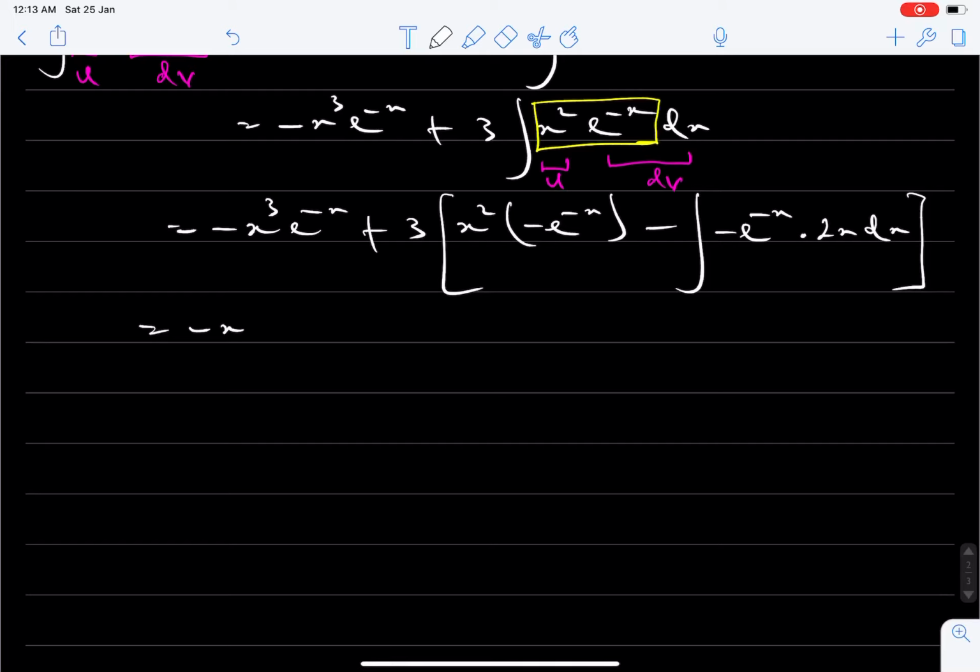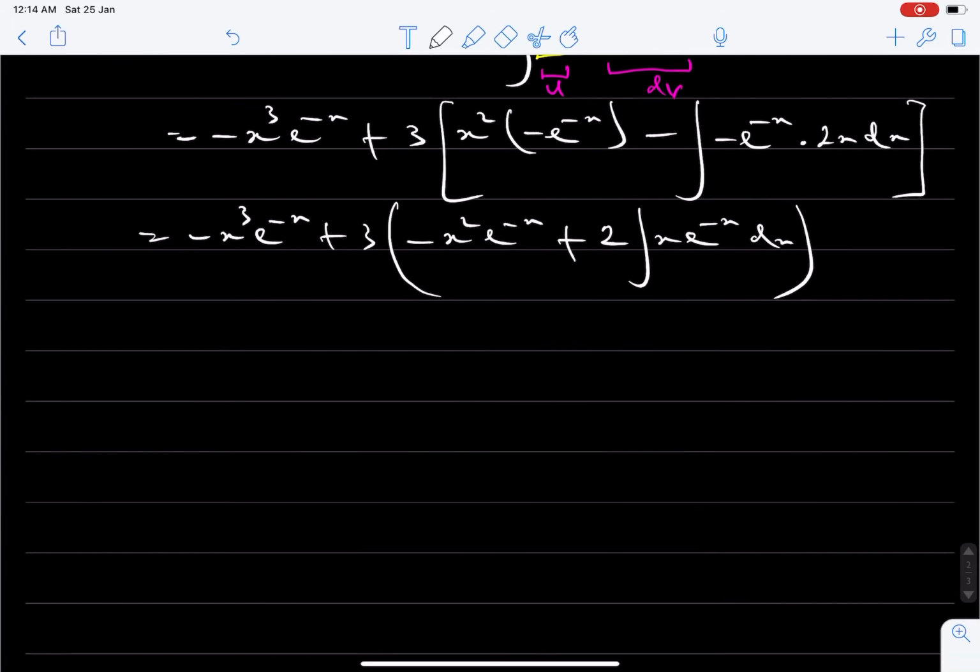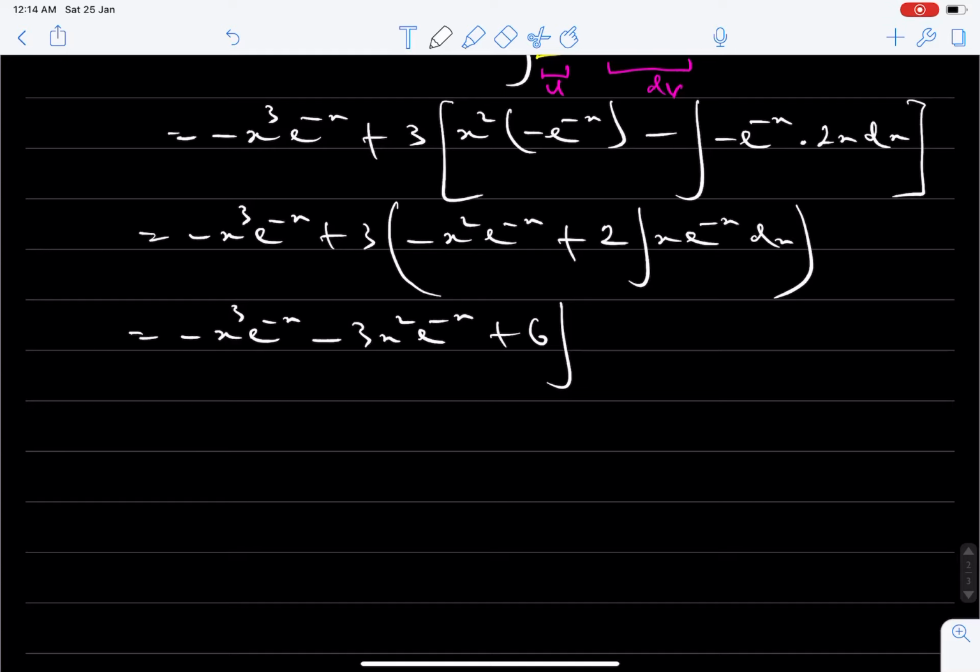That's equal to minus x cubed e raised to the power minus x, and we have plus 3 into bracket minus x squared e raised to the power minus x plus 2 times the integral of x e raised to the power minus x dx, and that's the same as minus x cubed e raised to the power minus x minus 3x squared e raised to the power minus x plus 6 times the integral of x e raised to the power minus x dx,